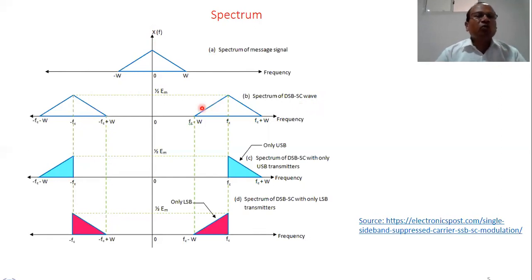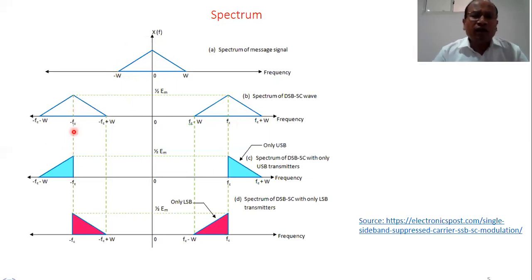So look here, when we transmit DSB-SC, there are two sidebands. One extends from FC to FC plus omega, and the other from FC minus omega to FC. If you see the spectrum from 0 to omega, only the positive side, for this component we get two components, either side of FC. Similarly, on the negative side, 0 to minus omega or W, this goes on both sides of minus FC as well.